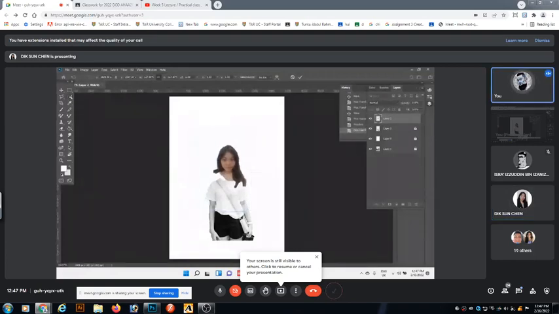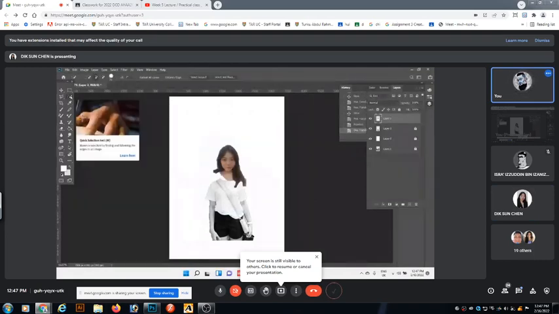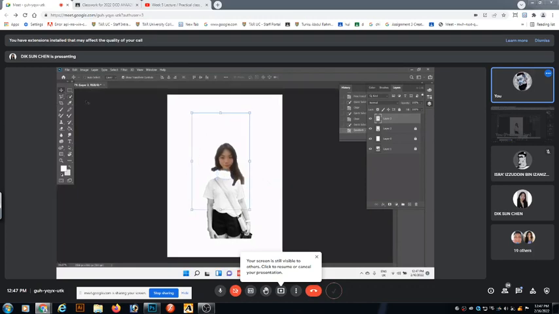Can you make some selections before doing the right thing? Click on the layers first. Scale them back.